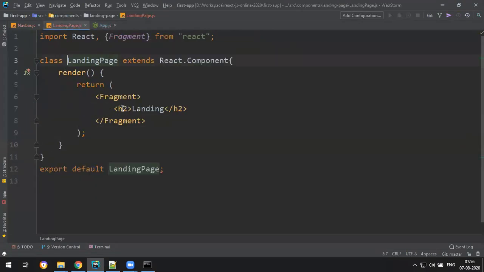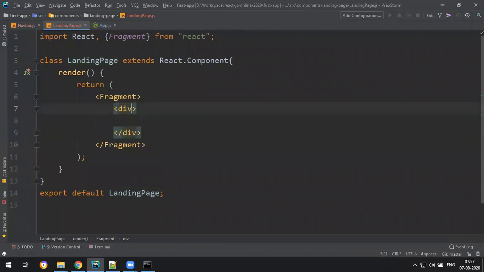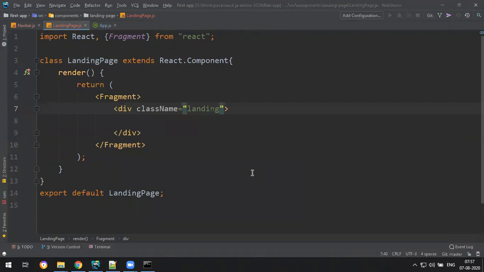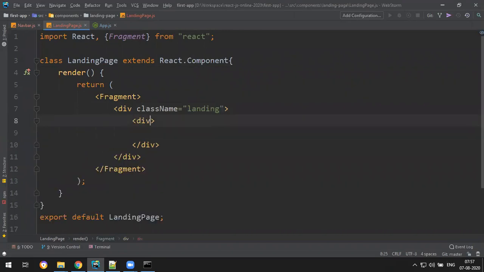So for that, I make one division with a class called landing. In that I need one wrapper, with the class wrapper.